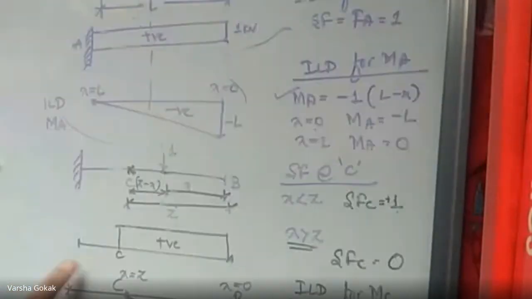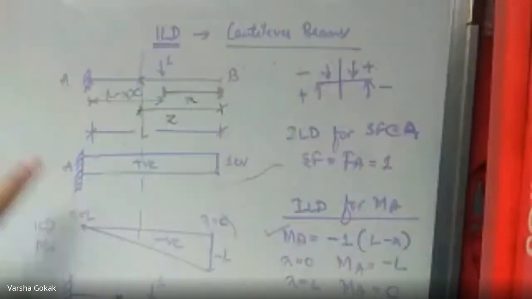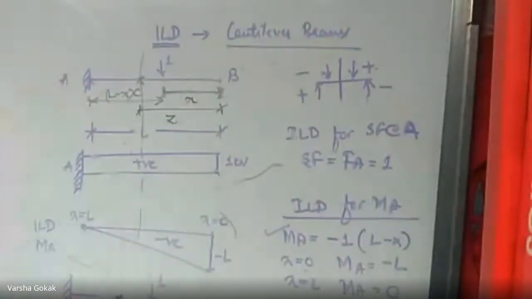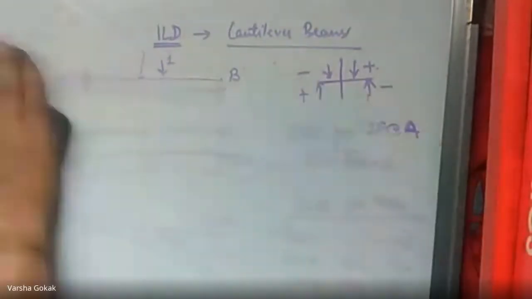Okay, this is shear force at C with the unit load, and these two are moment and shear force at point A because of the unit load. Right. So this we had done last class also. This also is fine. So we did two standard cases. One was a simply supported beam with point load, and this is the second standard case with a cantilever beam.